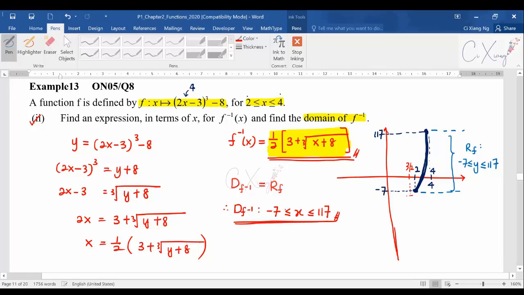So how do I know that it is from -7 until 117? It is from the result that we learned just now, which is the domain of inverse function to be the same as the range of function. Okay, so I hope that you have the idea. Then again,